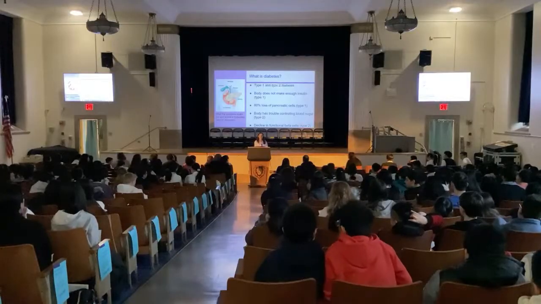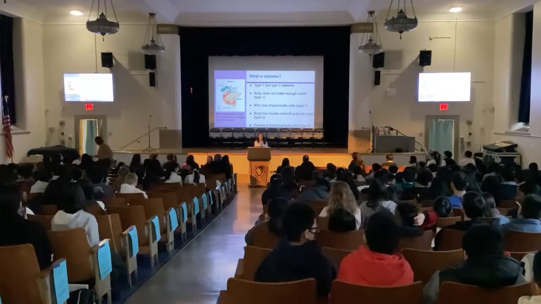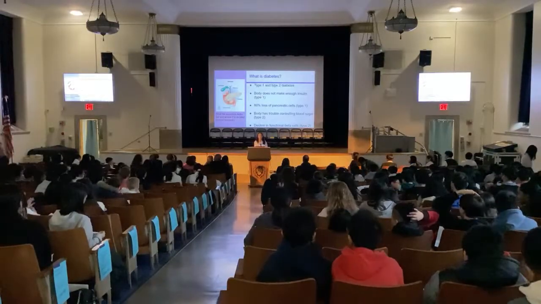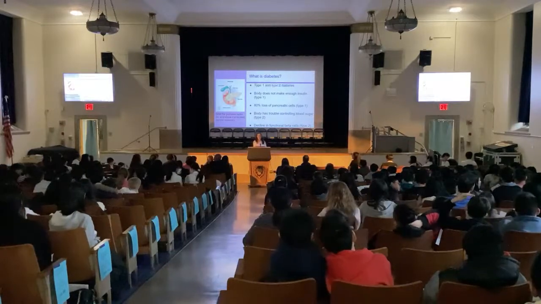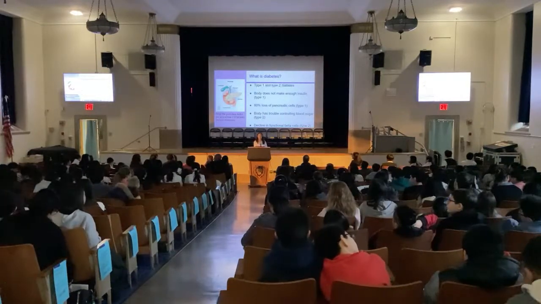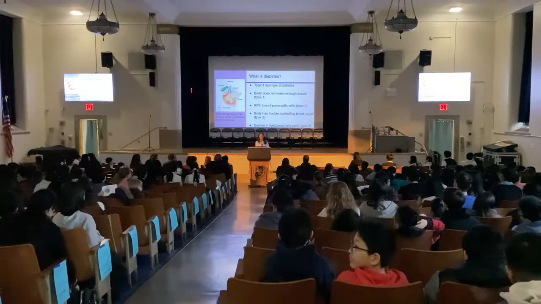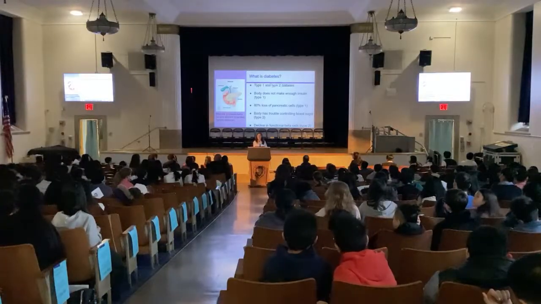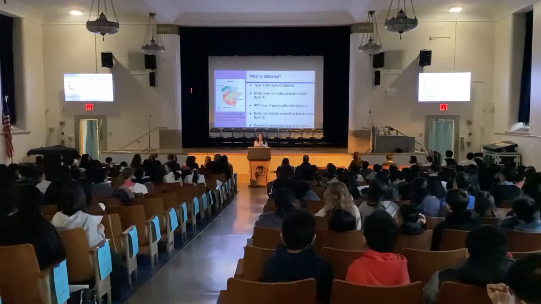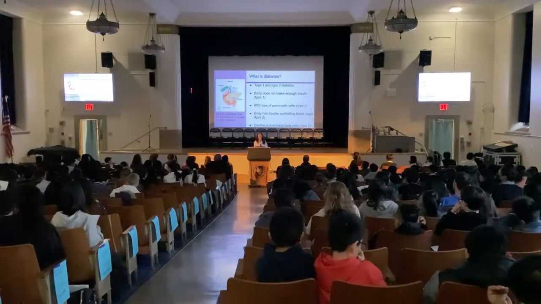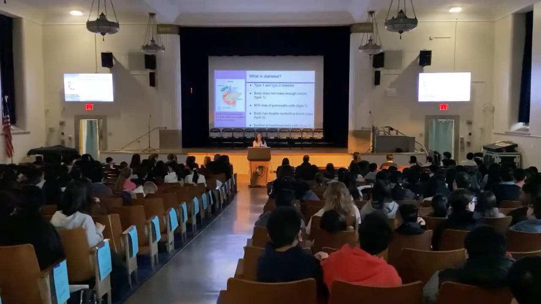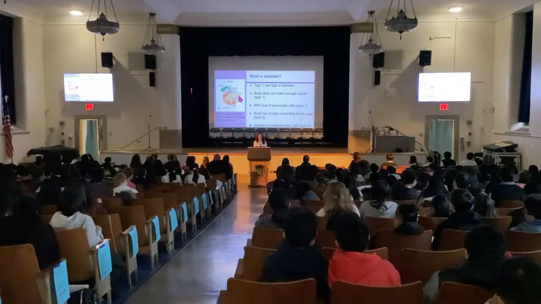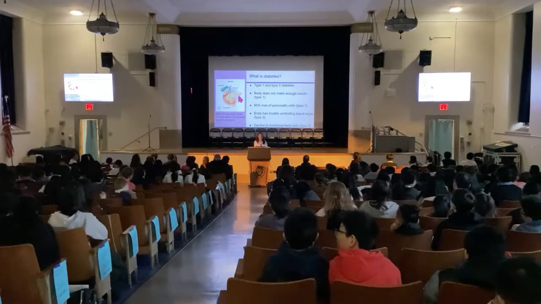But what is diabetes? Diabetes is one of the fastest growing chronic illnesses in the world, where in 1990, the population of individuals suffering with diabetes was 200 million, and it rose up to 830 million in 2022. There are two types of diabetes, type 1 and type 2. With type 1, the body does not make enough insulin, and there's an 80% loss of pancreatic cells. With type 2, the body has trouble controlling blood sugar levels, and there's a decline in functional beta cells. Beta cells are cells that can produce insulin and are found in the pancreas. The pancreas, as shown in this image, is behind the stomach and is in the abdomen.